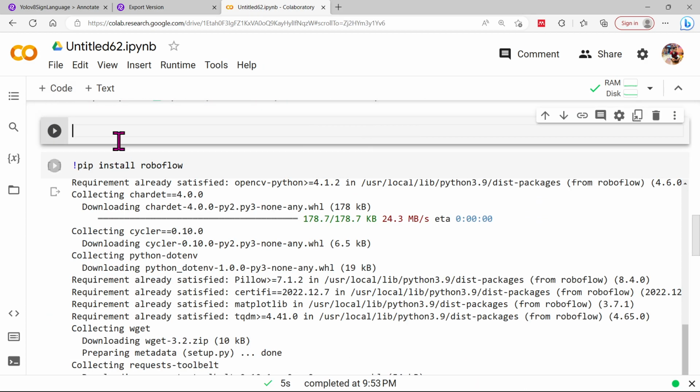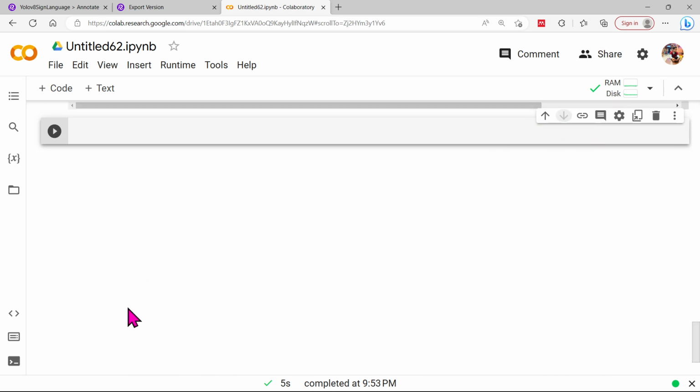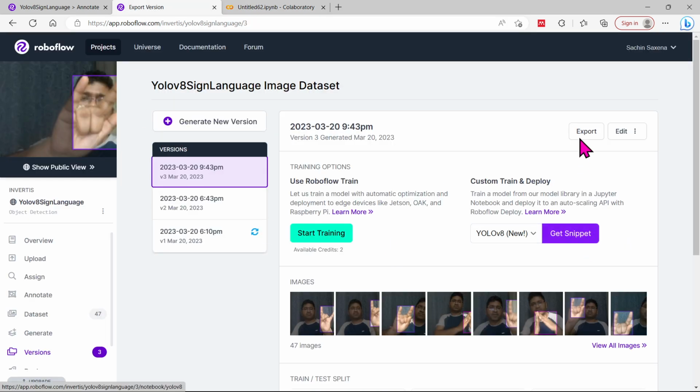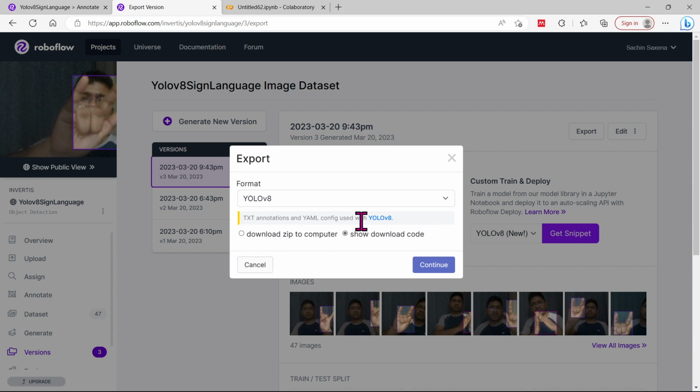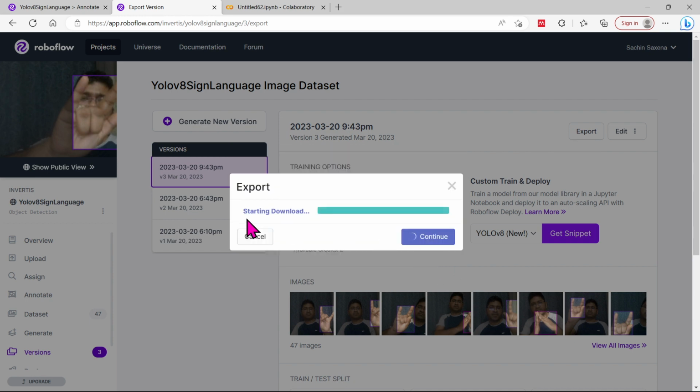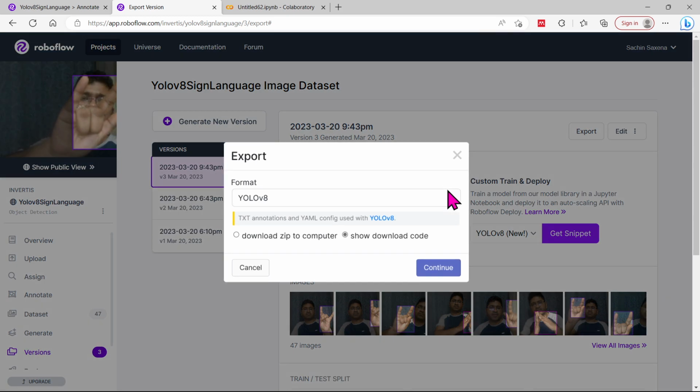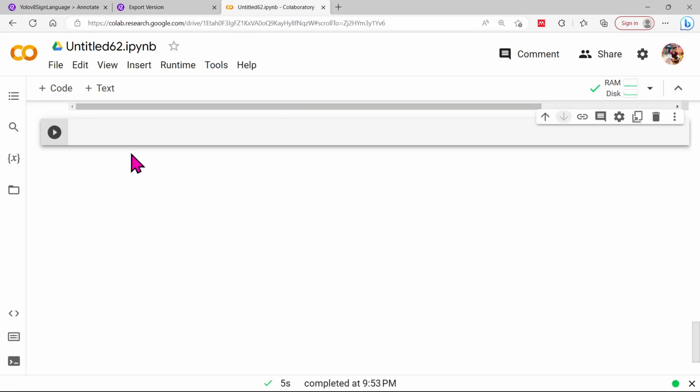So I'm going to keep this below, and then I'm going to provide the other credentials, right? So I'm going to export from YOLO version 8, show download code. I'm going to copy this one and just paste it over